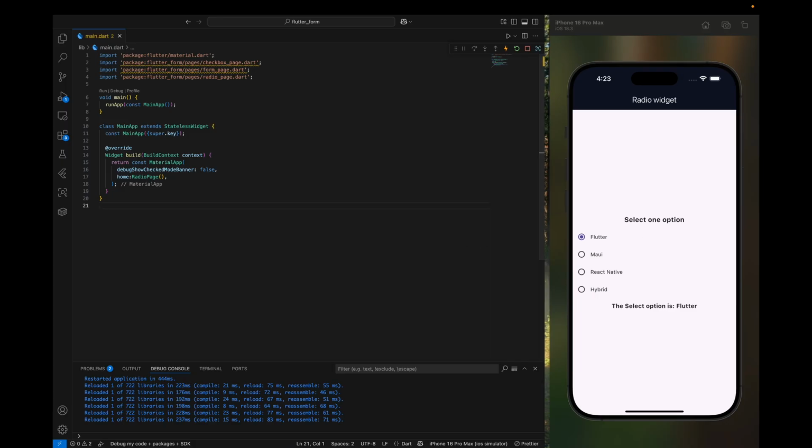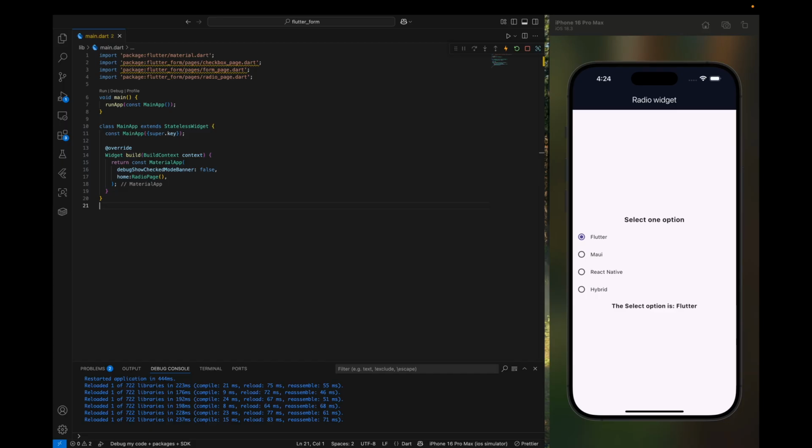So we usually have a few options to create switch UI in Flutter. We can have the switch default name constructor. This is a standard material design widget for switch. We also have the Cupertino switch widget. This is the iOS version of the switch. We also have the switch.adaptive name constructor that automatically renders a material design switch for Android or a Cupertino switch on iOS. And we also have the switch list tile. This is a combination between the switch and the list tile widget, allowing you to add a label or a